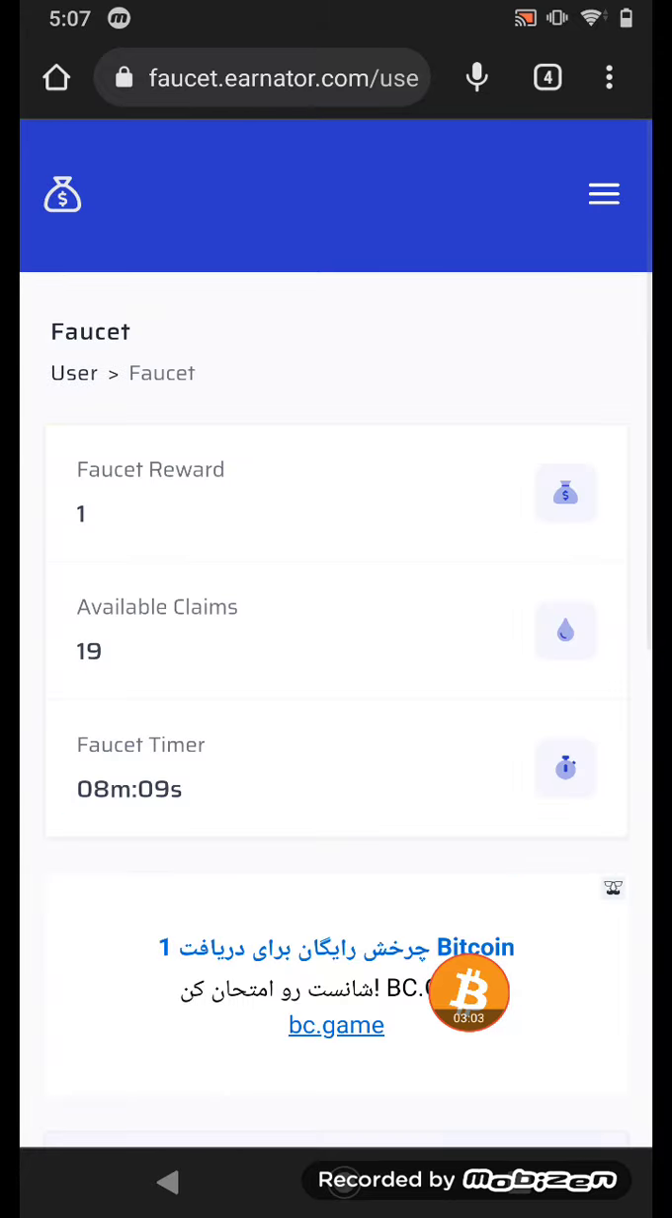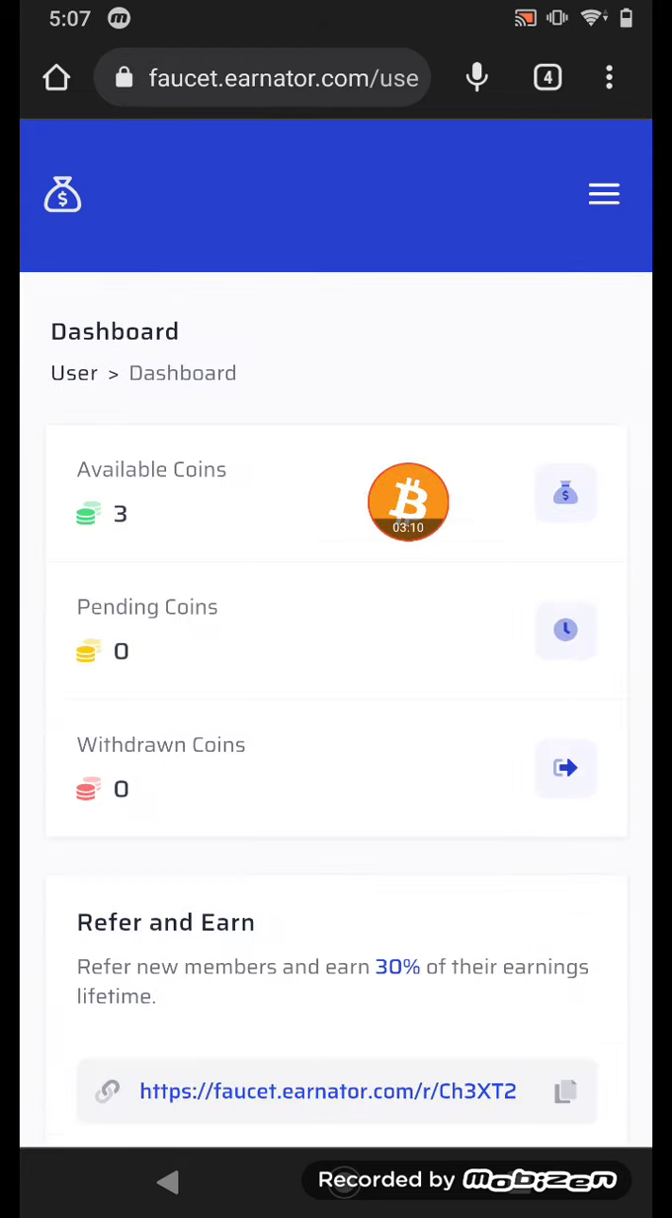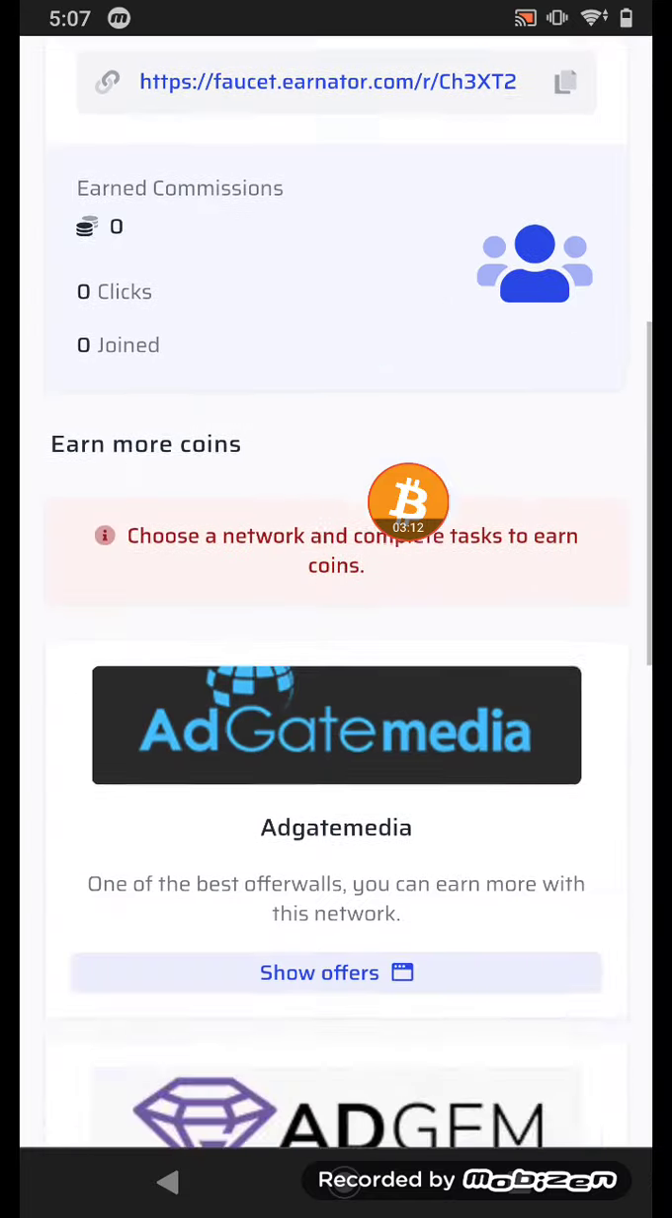This is the best way to earn, but I have one way. This is just the faucet. You complete the faucet, you can claim your faucet, your available coin, and you can exchange